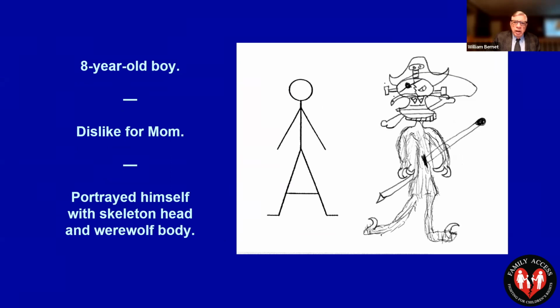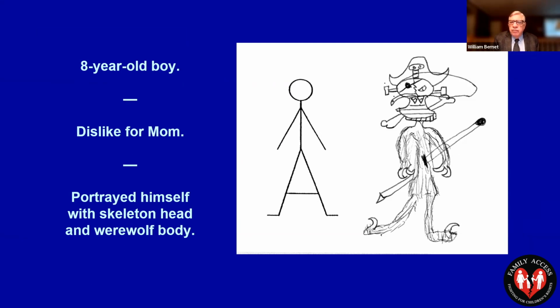Now, let me explain how this comes about. You see these little line drawings? This is a little line drawing of mom, and then this is a little line drawing of dad. And this is part of a psychological test called the PORT, P-O-R-T, which stands for Perception of Relationship Test, which is a test developed by a psychologist in Philadelphia named Barry Bricklin. And in this test, which has been given thousands of times, and I've given it about 100 times to different children, you give them the piece of paper that has the